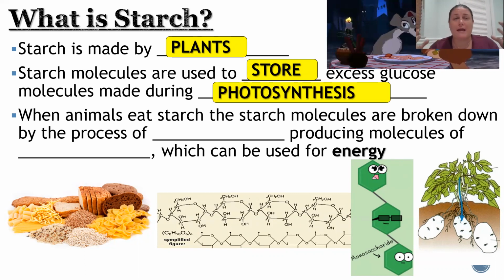So remember that plants do photosynthesis, meaning that they're taking in sunlight, carbon dioxide, and water and using that to make food in the form of glucose. They also release oxygen as a byproduct of that process, but they're using it to make food in the form